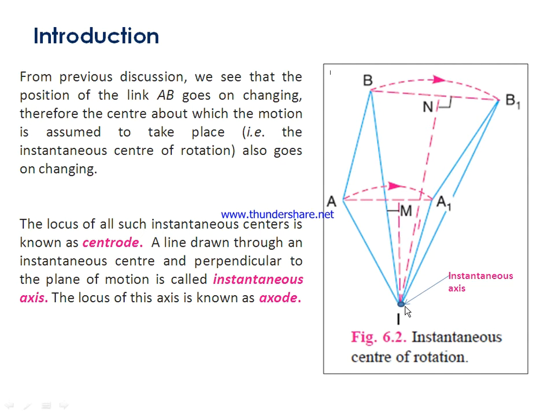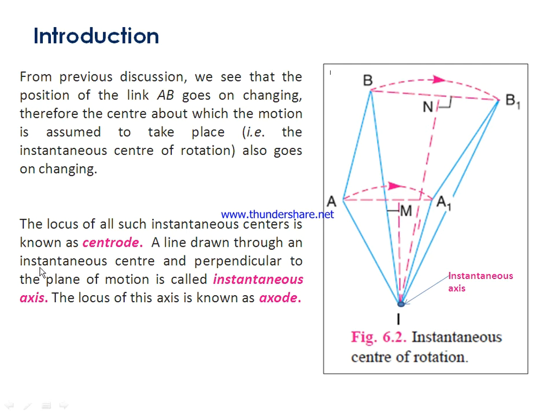Now let us have some more discussion on this. From the previous discussion, we see that the position of the link AB goes on changing. Here it has reached here, after this it may reach somewhere else. Therefore, the center about which the motion is assumed to take place, that is this instantaneous center, also goes on changing. So for this particular motion of the link, this is the instantaneous center. If it moves from A1, B1 to some other position A2, B2, this may have another instantaneous center here. So as the link moves from its current position to the next position, the instantaneous center also